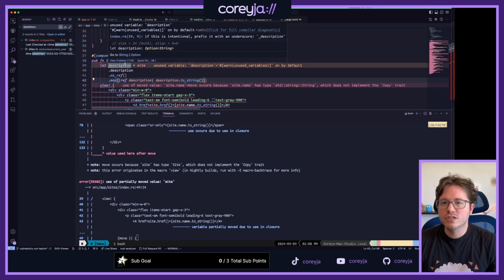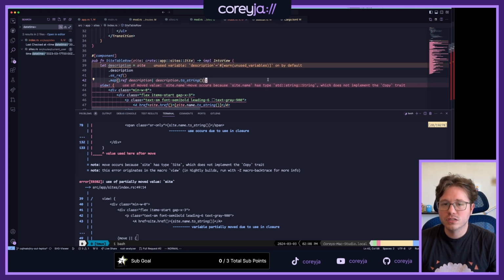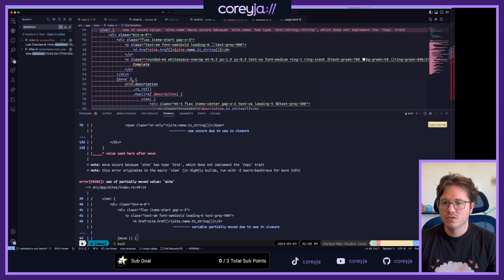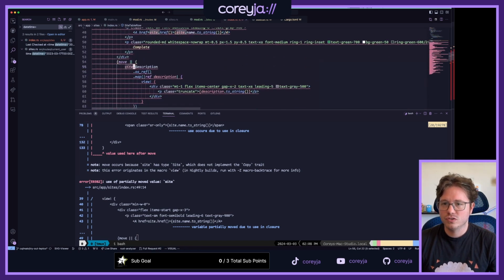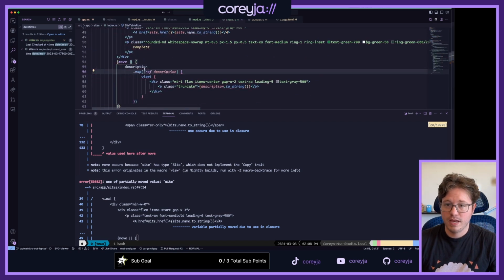This description is now an Option of a String. So then this is just description.map, and we don't need that, and we don't need this toString.